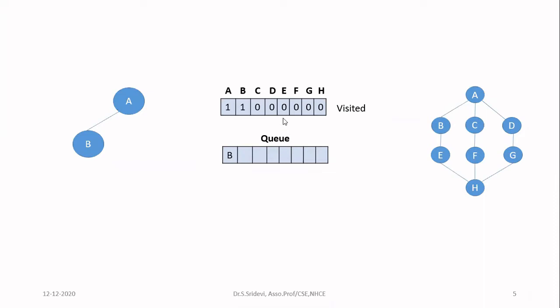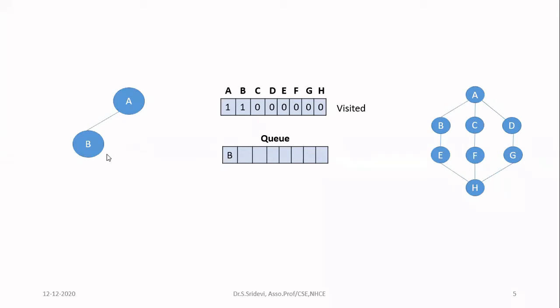So now go and check whether B is visited. Previously, in the previous slide, it was 0. That means it is unvisited. So now I'm going to visit that. So 3 steps I have to follow. First, mark visited of B equal to 1. After that, push or insert B into the queue. Now remember, already you have deleted A from the queue. So B will now be inserted in the first position of the queue only. So now insert B in the queue.